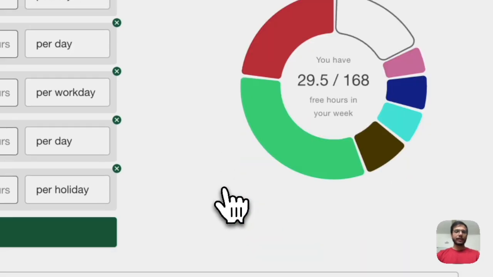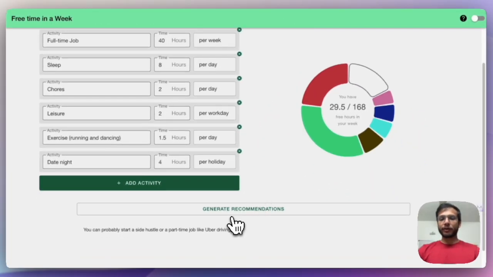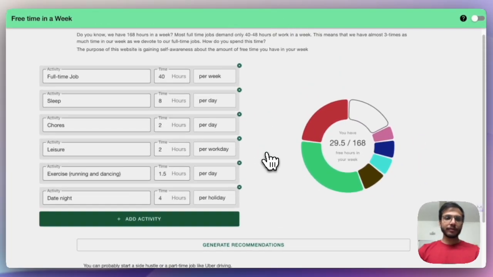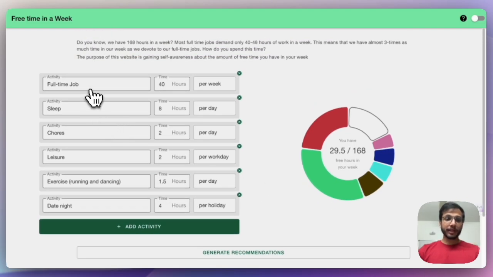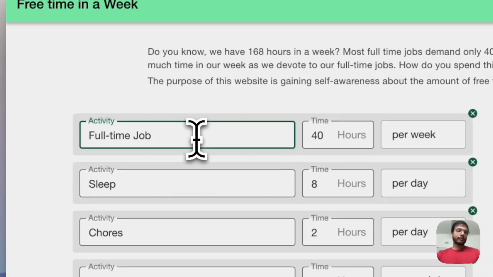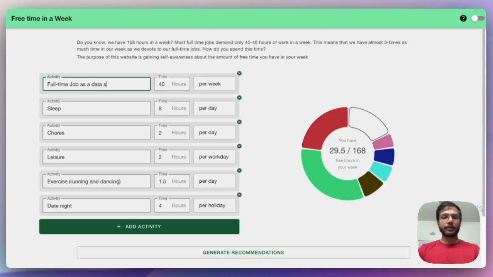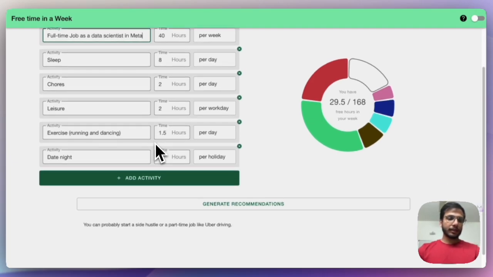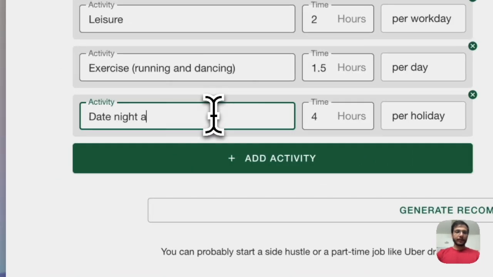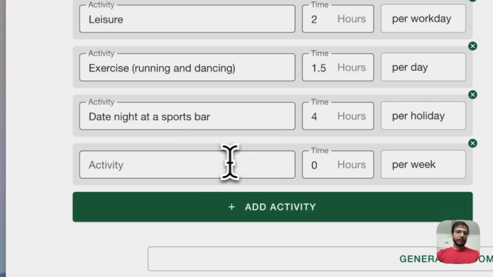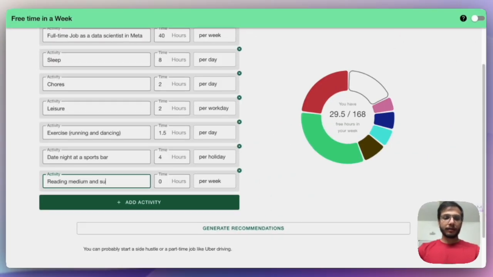to work on that. Apart from that, we also have a feature called generate recommendations, and the best way to use that is to be more descriptive in your activities. For example, you can write full-time job as a data scientist in Meta, and then date night at a sports bar, and then reading Medium and Substack articles about